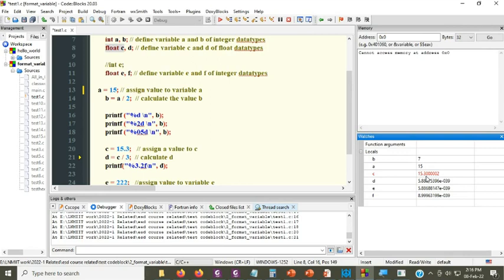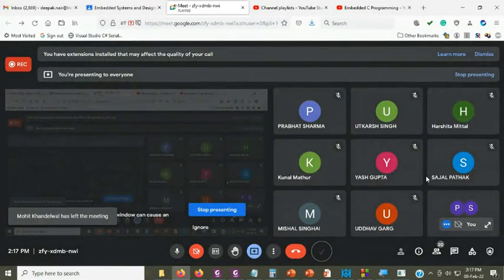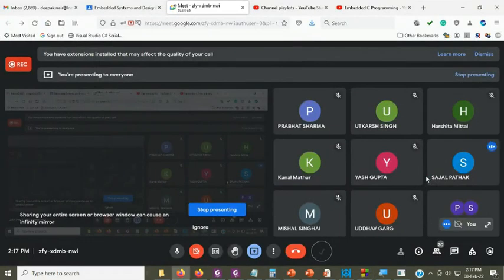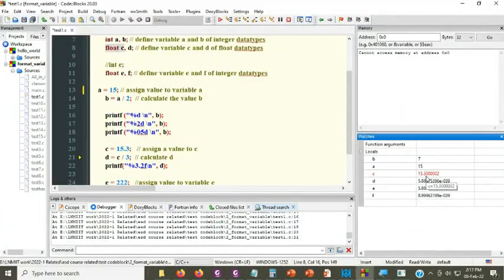Anyone else? You guys never had any doubt, no? Sajal Pathak, why is it 15.3 and then something something 2? Sajal. So no idea. Anyone having any idea about this?